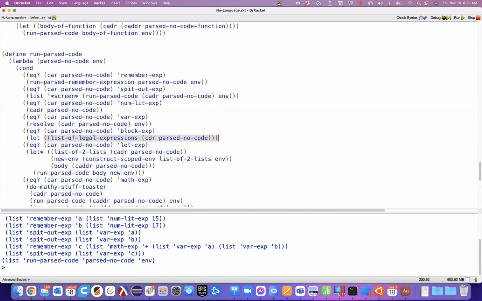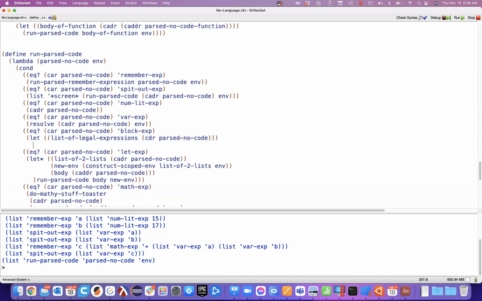But I promise you, what I'll have is the code you had in your helper function just stuck inside of a let rec. Okay. So list of legal expressions. Now our job in the body of this part of the run parse code is to process through that list. And what we want to do is process through that list in such a way that if I'm looking at a